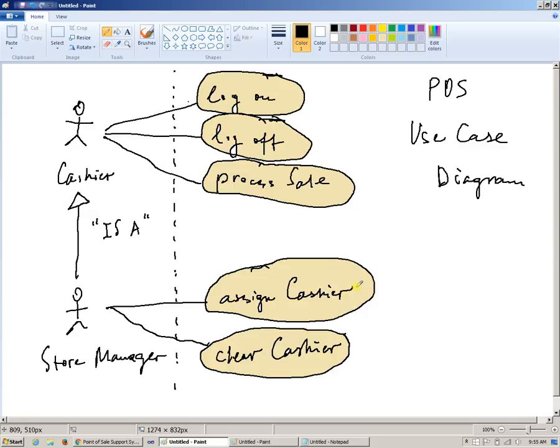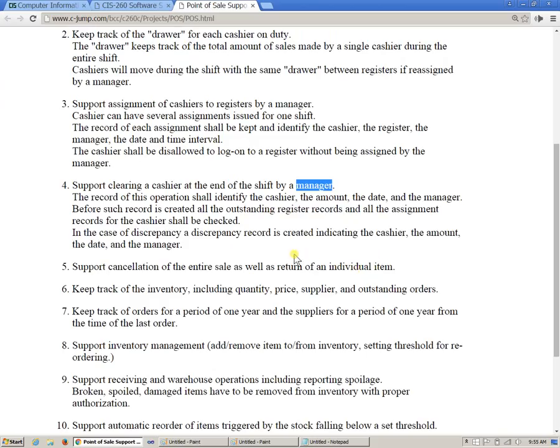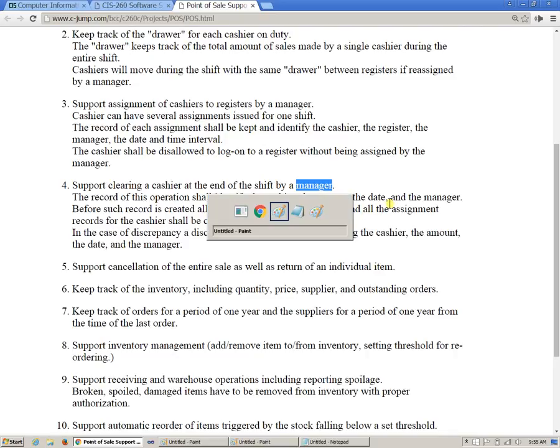So that's how we begin to accumulate information about the system. So moving on. The record of this operation shall identify the cashier, the amount, the date, and the manager, right? So let me see, record of operation. Basically, how should we name this? It could be, essentially,